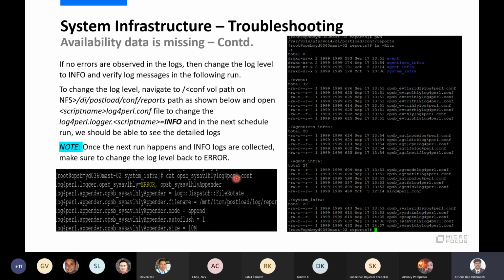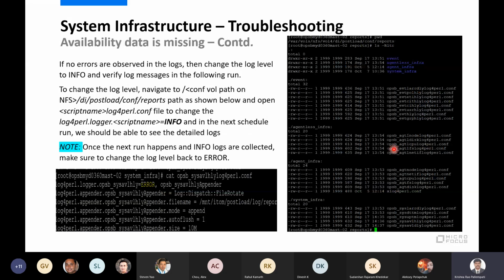All these detailed troubleshooting steps are already present in our doc portal. I will give you the doc portal link so that you can see for each task flow or each error how to troubleshoot. I just mentioned only one here, but we have so many troubleshooting steps in our doc portal. And these are the different files which we have. We can change them to the error log or to info log.